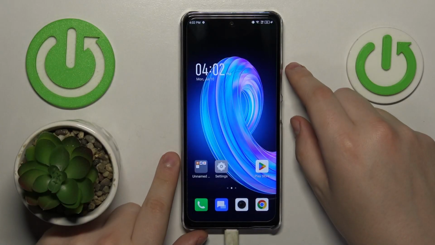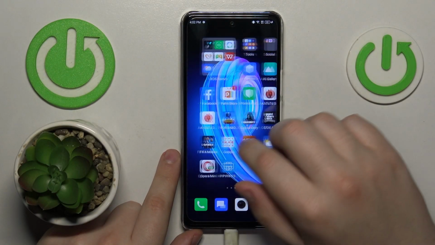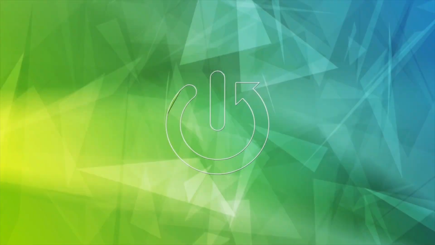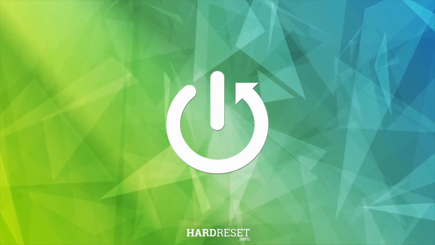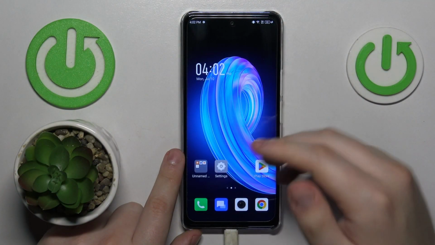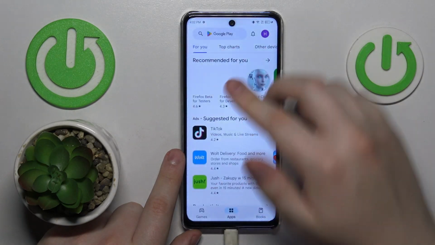This is Infinix Note 30 and today I would like to show how you can download and install the Opera browser on it. So to start, you will need to make sure that your device is connected to Wi-Fi, then launch the Play Store,